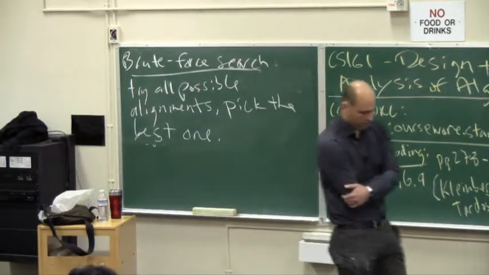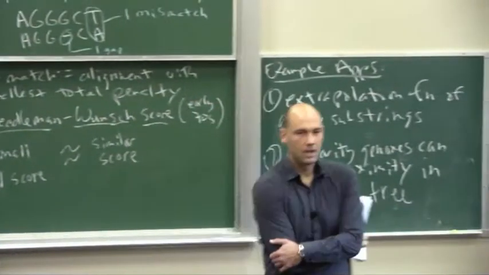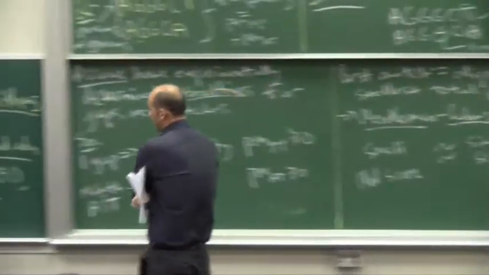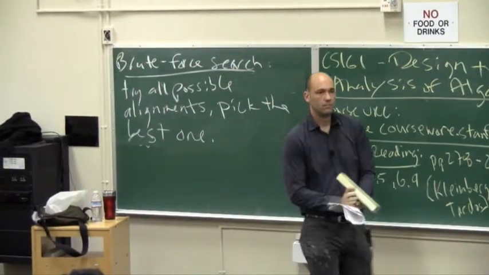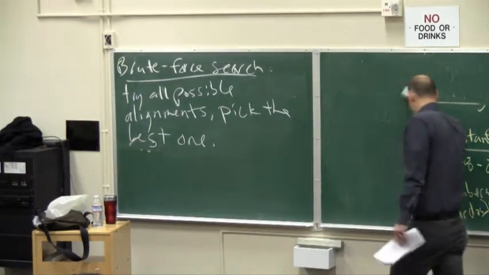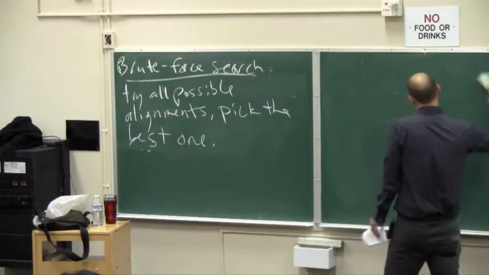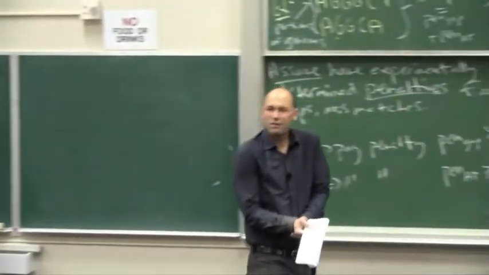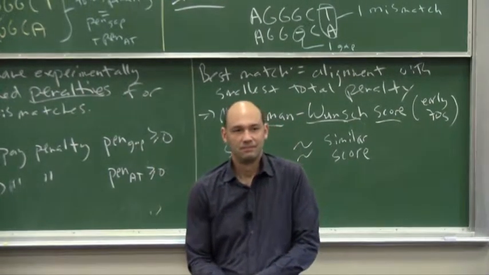Sometimes in 161 we will struggle to understand whether a proposed algorithm is correct. This is not one of those occasions. Okay? This is a correct algorithm for computing the best alignment between two strings. So are there any objections? There's a lot of alignments. So someone seems worried this might take too long because there's too many alignments. But like, computers are so fast these days. Does it really matter?